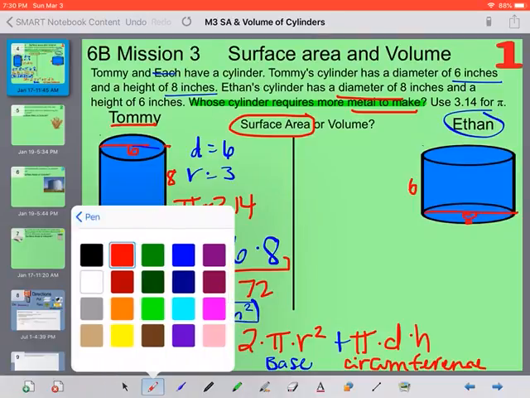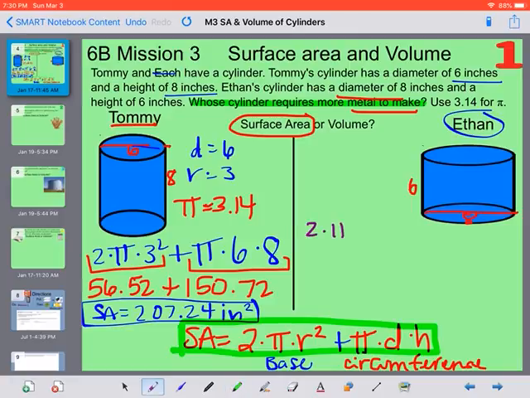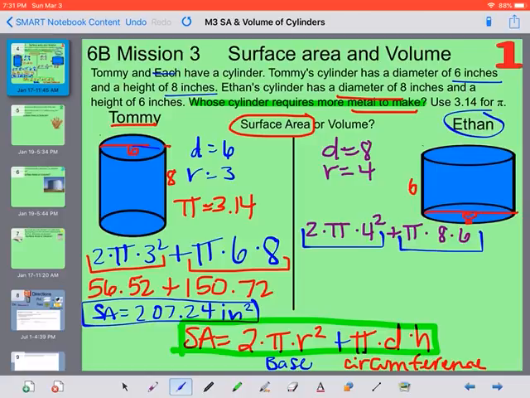Let's look at Ethan's cylinder. Same formula down here. So we have 2 times pi times our radius squared. Okay, our diameter is 8, so our radius is 4. So we have 4 squared, plus pi times diameter, which is 8, times our height, which is 6. So we're going to plug this in 2 separate chunks. Now this one over here we did pi times 6 times 8. Pi times 8 times 6 is the exact same. So I already know this part is